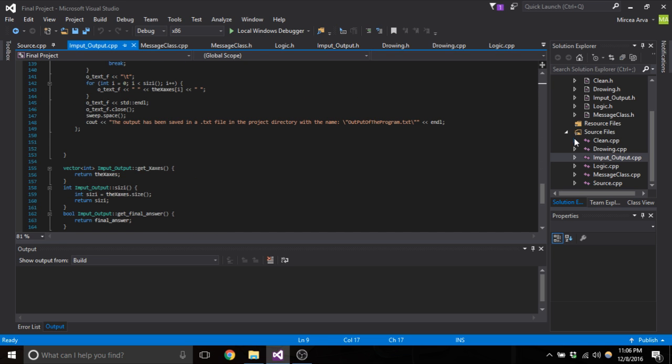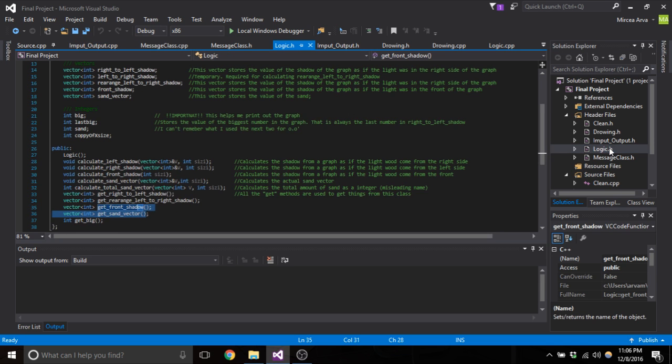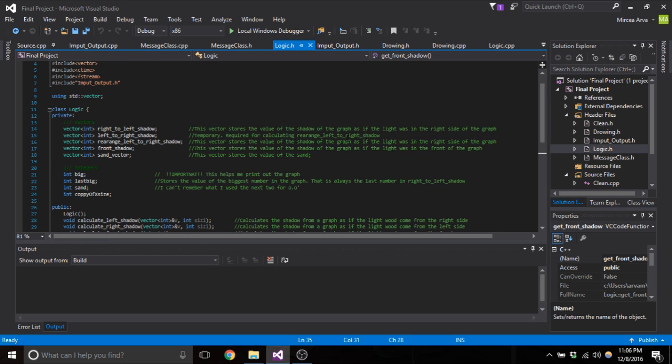The next class that I want to talk about is the logic class. This is the main soul of the program, and what it does is make all the calculations. First, it calculates the shadow of the graph using the data inputted from the user.